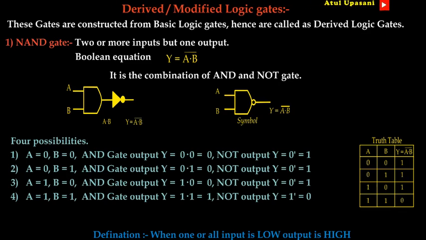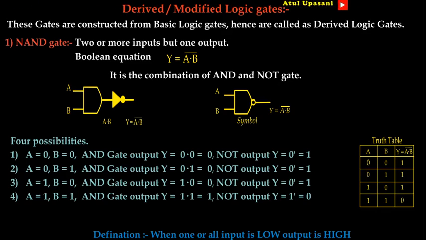Also, if binary levels are to be applied, 4 possible combinations will be there. First of all, let us see if both the inputs are 0, their multiplication is done by the first AND gate. So here 0 multiplied by 0 will be 0, and this 0 will be inverted by the NOT gate, so the output will be 1. In the second case, if one of the inputs is 0 and one of the inputs is high, the AND gate will give 0 output. Again this 0 is complemented by the NOT gate, so the output will be 1.